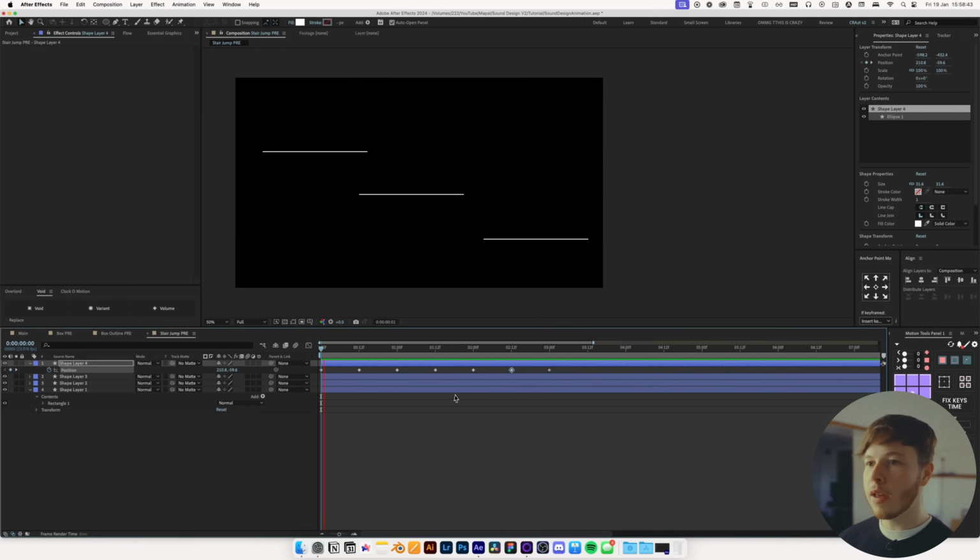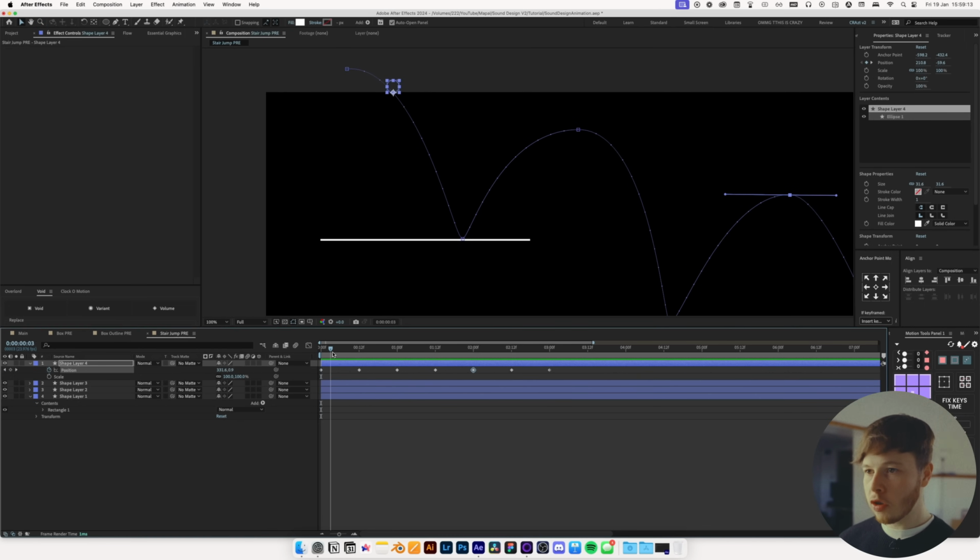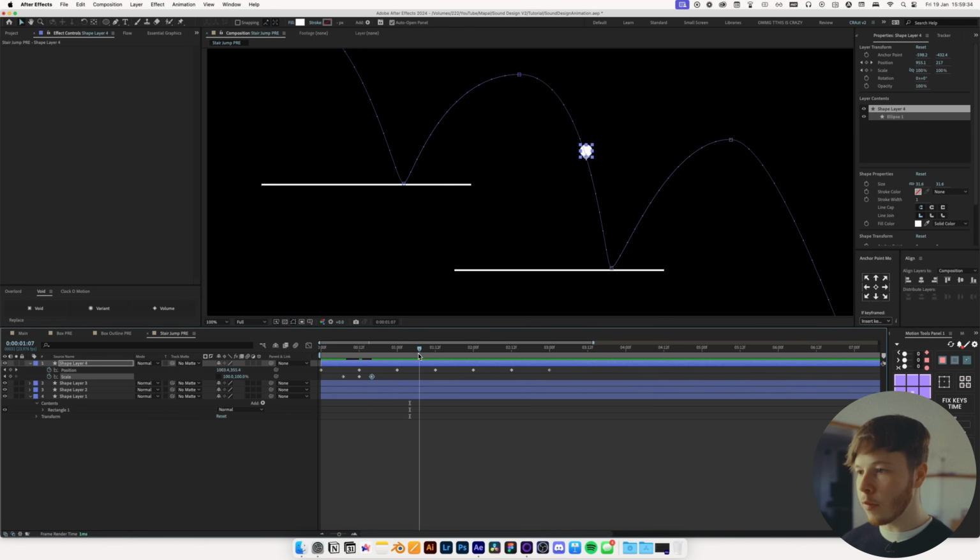So now if we play that back, we have a bounce that looks kind of like that. Pretty simple. And if we hit Shift S, we can bring up the scale. That'll just allow us to get a little bit of that squash and stretch. So if we go a little bit before it comes down, we'll unlink this, keyframe the scale, and as it lands, we will decrease this last numerical value to squish it down a little bit, and then as it comes up, we'll take it back to 100 and go forward all the way until it comes all the way over here,